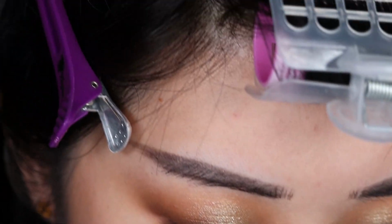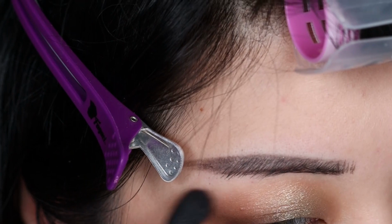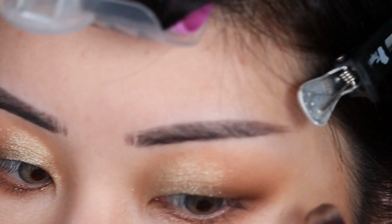I'm probably just going to continue my tradition of, if I don't have a suitable inner corner, I will use my own. So I'm going to work more on this outer corner. Today is just not my day apparently. I'm really not super pleased with the shape I'm creating on myself,